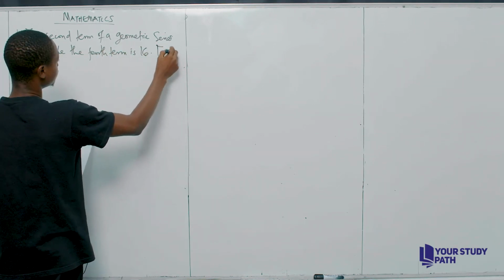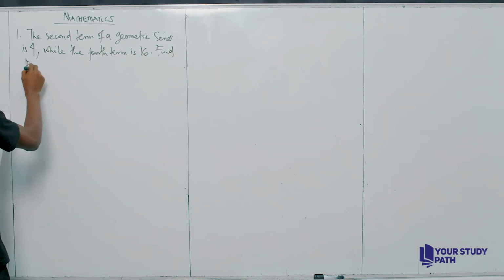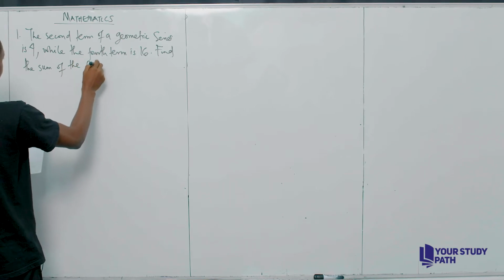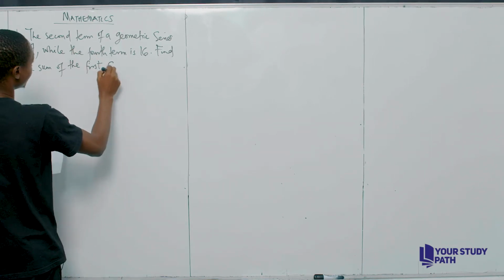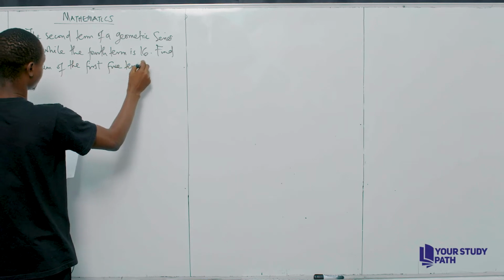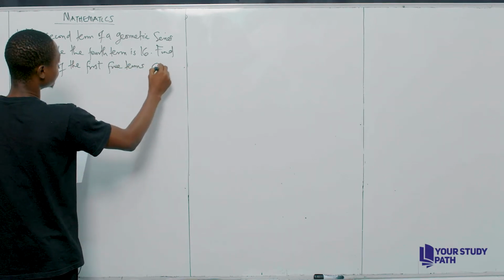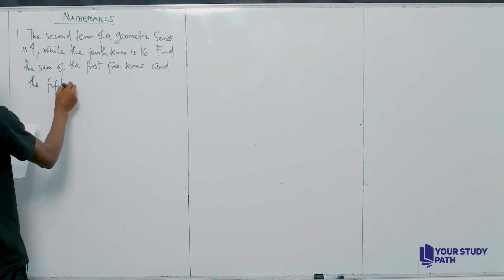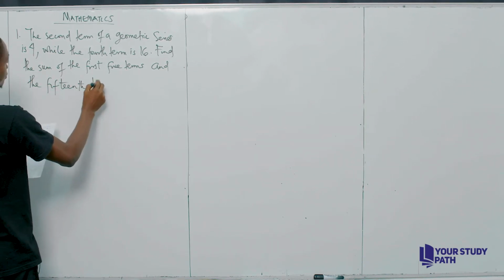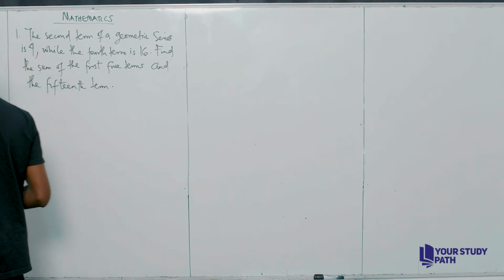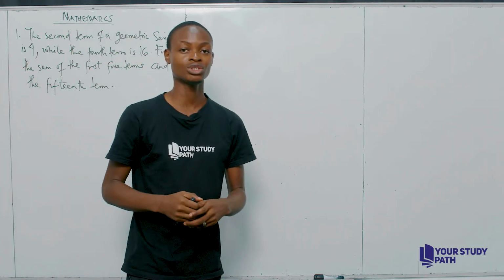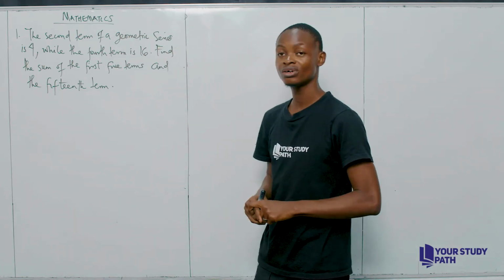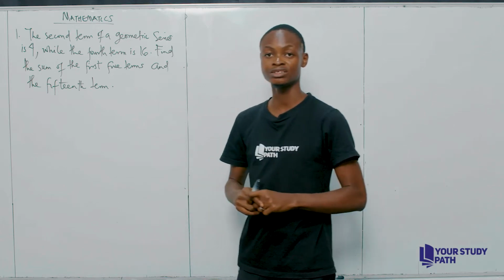We have to find the sum of the first 5 terms, and we have to find the 15th term. Yes, so this is what we have as our question. The second term of a geometric series is 4, while the fourth term is 16. You have to find the sum